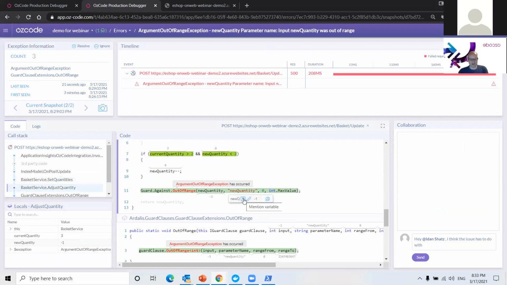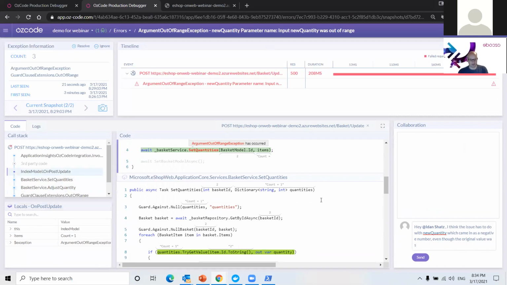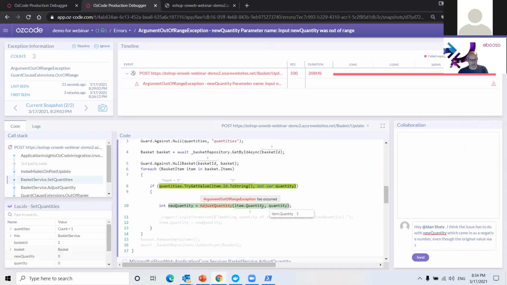So I'll mention the variable, which came in as a negative number, even though the original value was, and then I'll add something from the top here, like, I guess this one. What do you think? Ta-da!